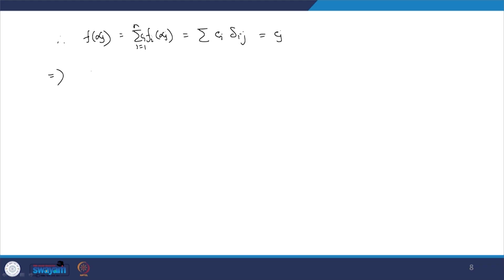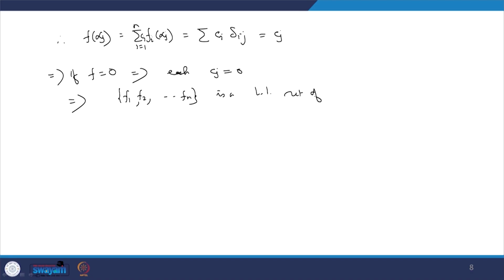So, this implies if f equal to 0 implies that each Cj equal to 0. So, this implies that F1, F2, Fn is a linearly independent